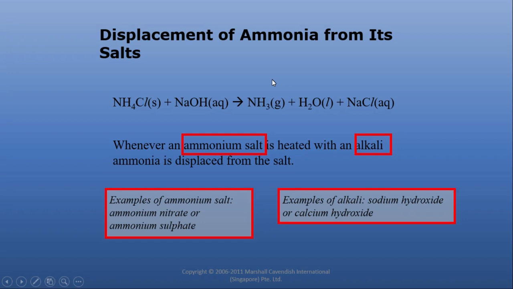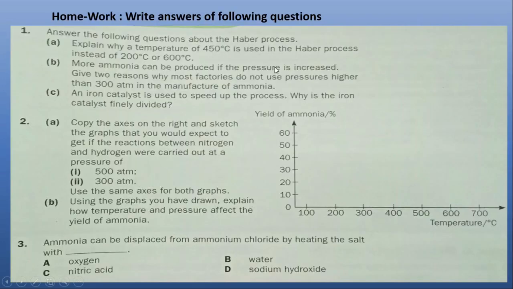Here is another question. If we are using ammonium fertilizer to obtain nitrogen for the plants, plants cannot use the nitrogen that is present in the air. You have to answer this question. Think about it and answer me. Your homework is to answer these questions that I have copied from your book. Thank you.